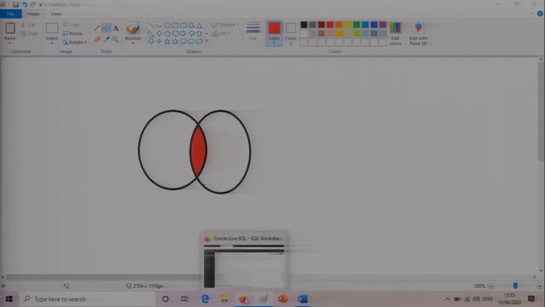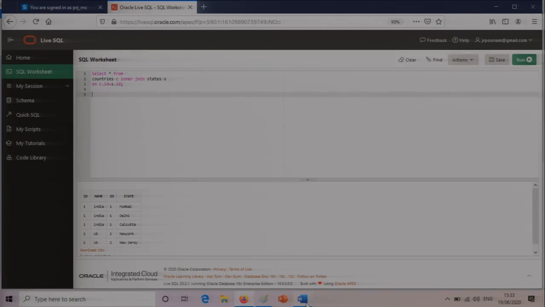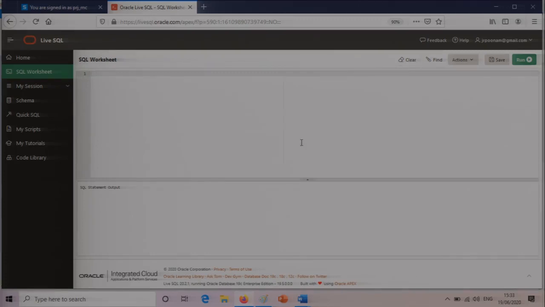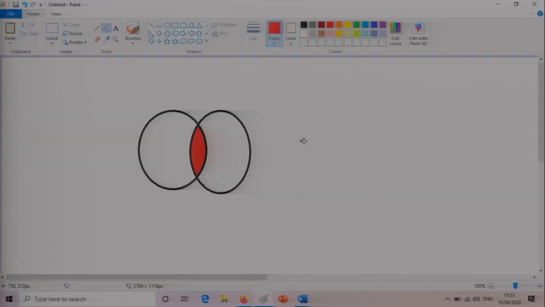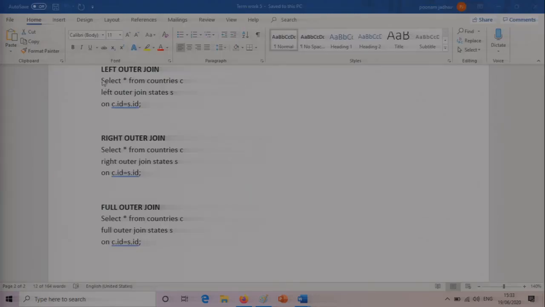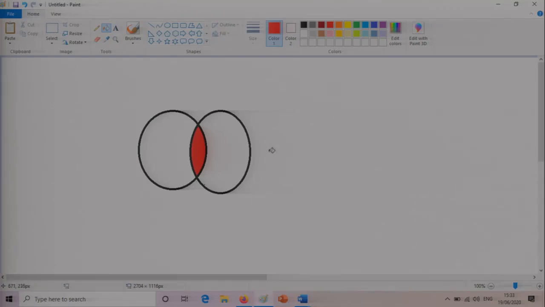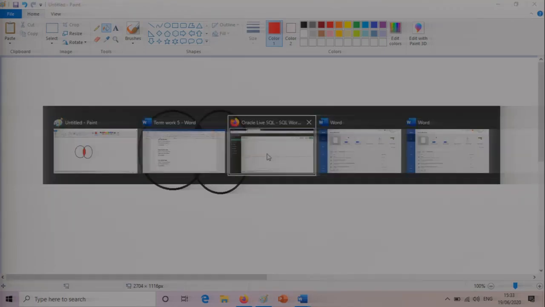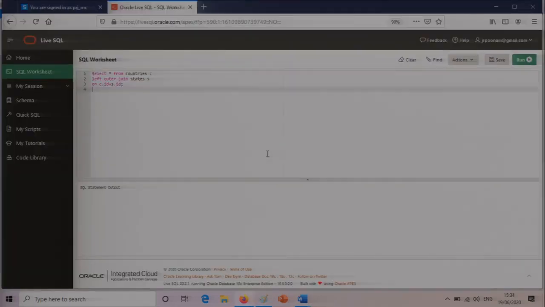Let it be on here. So let's clear this up, and okay, let's copy the left outer join here. Okay, so this is left outer join, and then I say run.